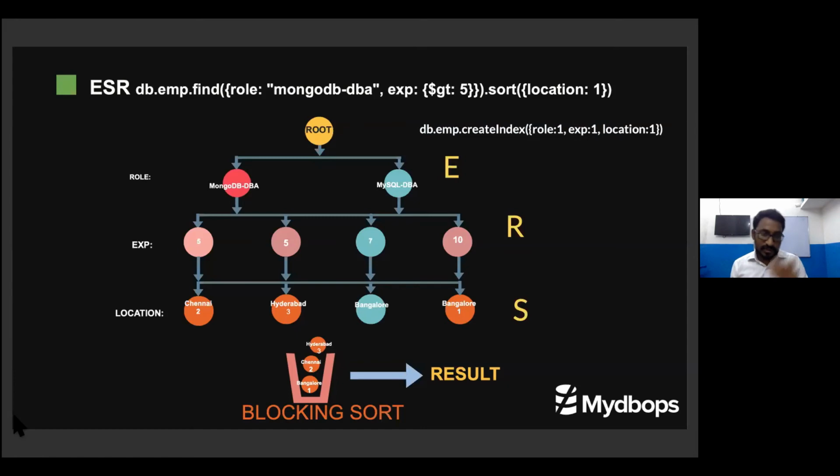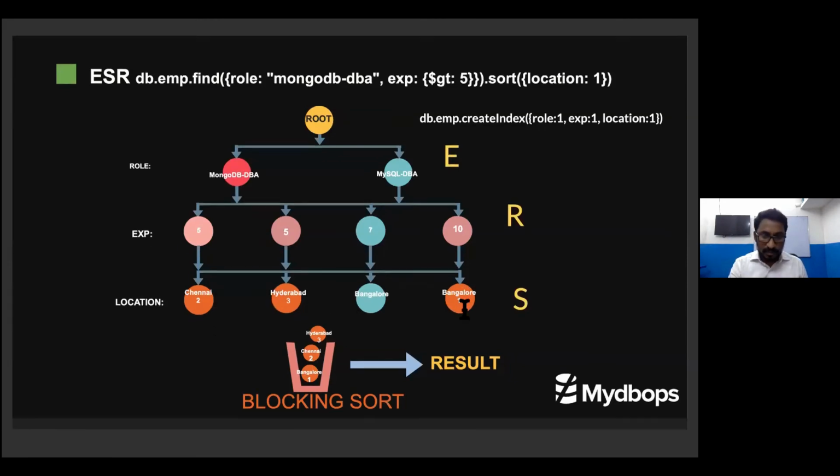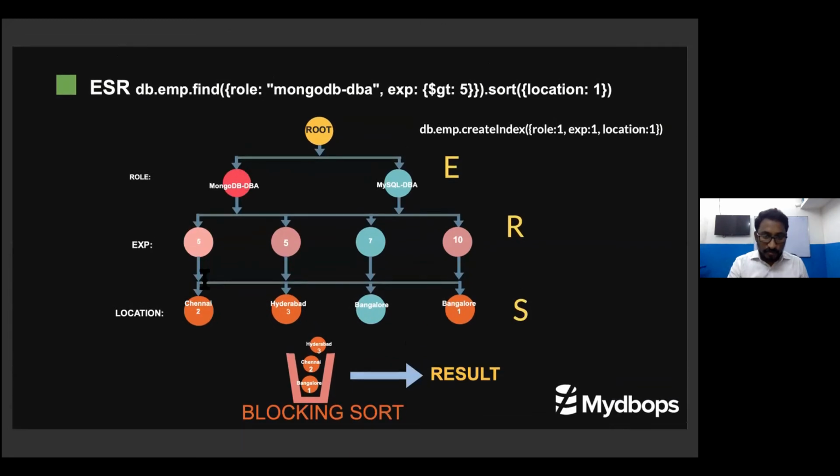So the query result: you are comparing an equality check, then you are doing experience greater than 5, the range is coming, and the sorting is lost. The answer is not sorted here because in the index, the final part is the range. So it is arranged in some order in the key tree. You can see Chennai, Hyderabad, Bangalore, and Bangalore. So according to MongoDB, Chennai, Hyderabad is the result I'm going to get.